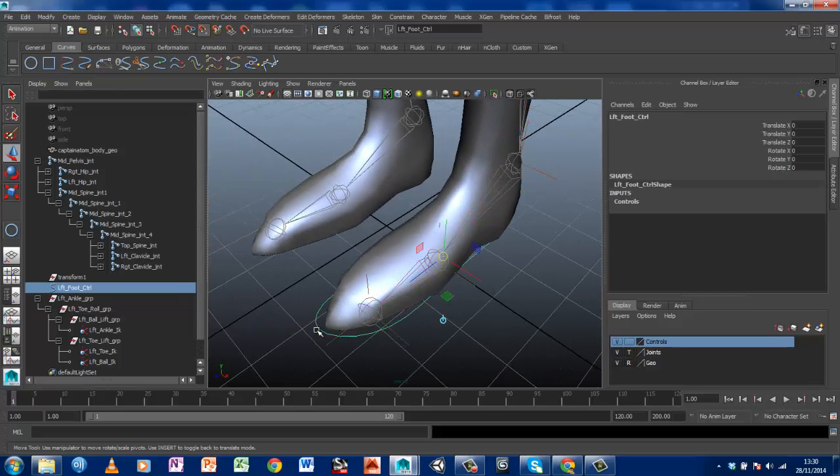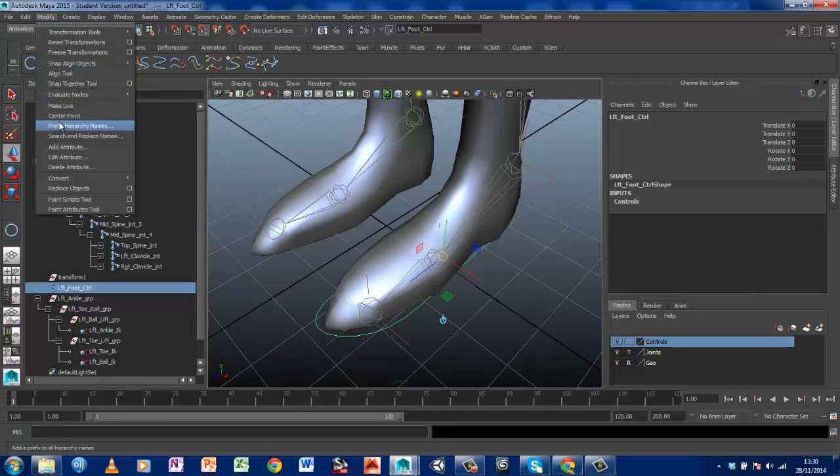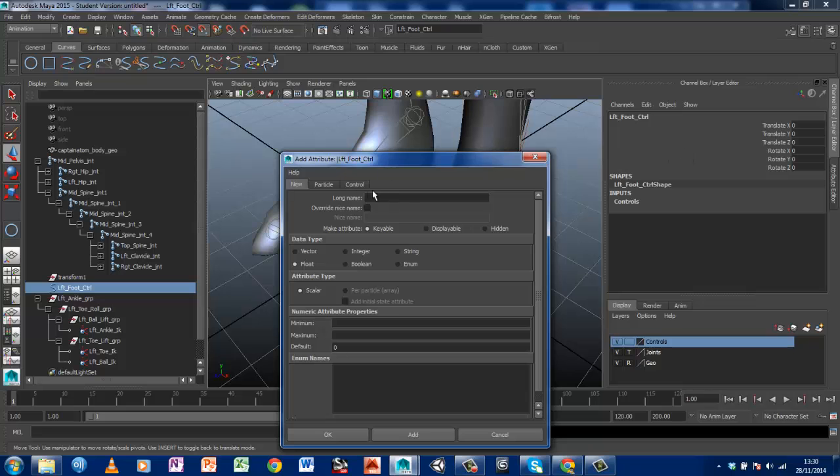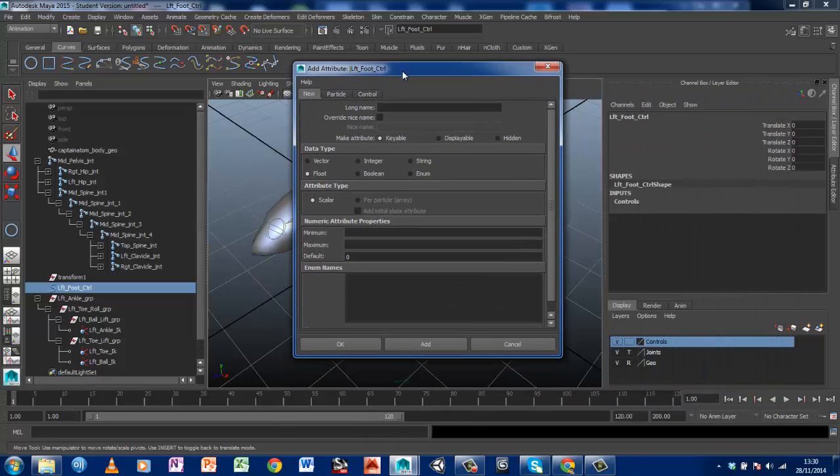It's half done there. So the next thing I need to do is add the attributes that will drive this, because I don't want to be going in here when I'm animating and moving groups here, there and everywhere. So I'm going to put attributes on here. I've got rid of the scales and the visibility to make space. So I can modify, add an attribute, and the first attribute I'm going to do, I'm going to call it